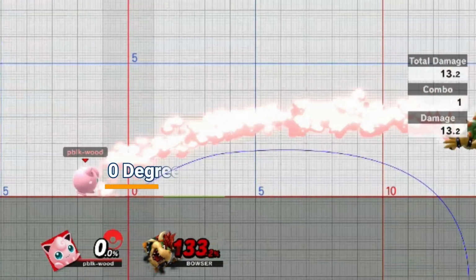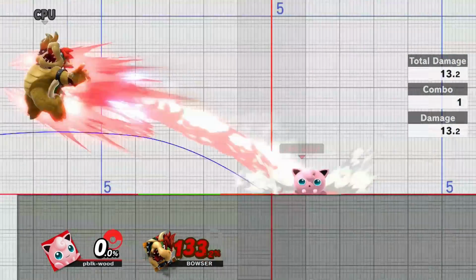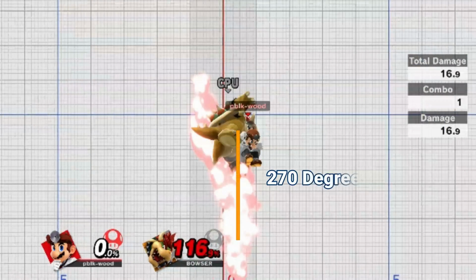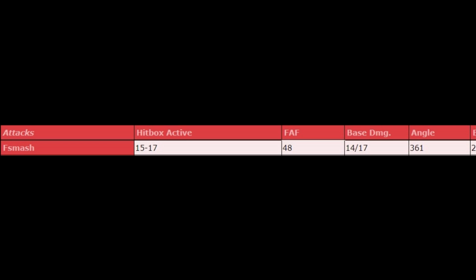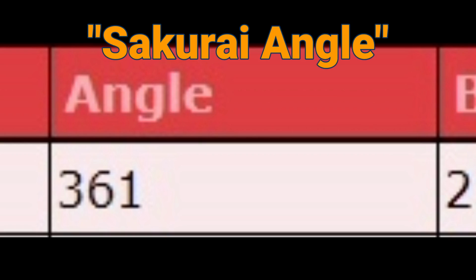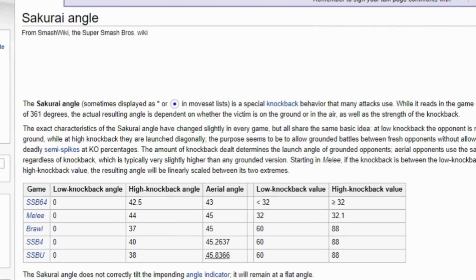0 degrees is flat horizontally away from you, 90 degrees is straight up, 180 degrees is directly behind you, and 270 degrees is straight down, which is usually reserved for spikes. Now you may be wondering what 361 degrees means, and that is the special code for what is known as the Sac Right Angle. Basically, this angle has been used for many years in many Smash games, and in Ultimate